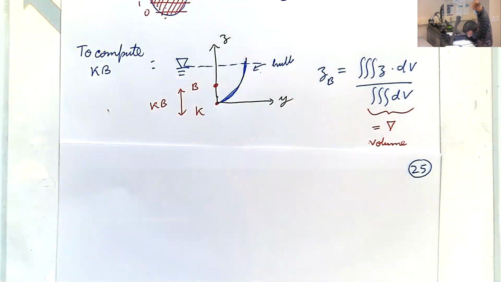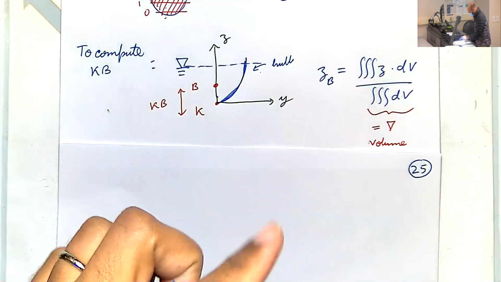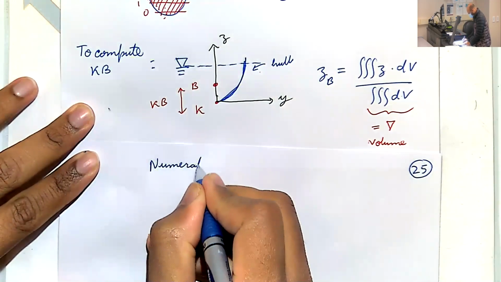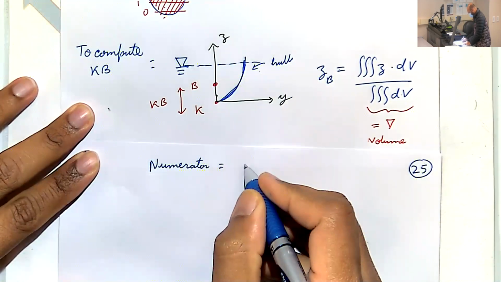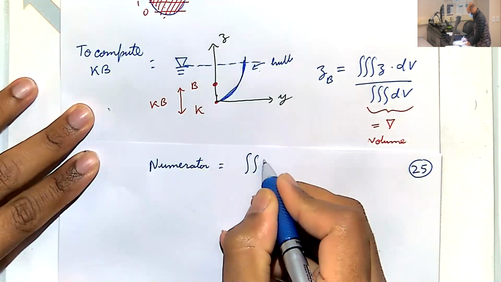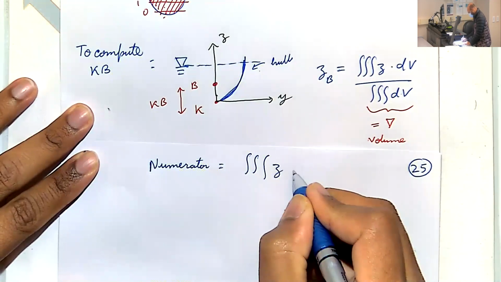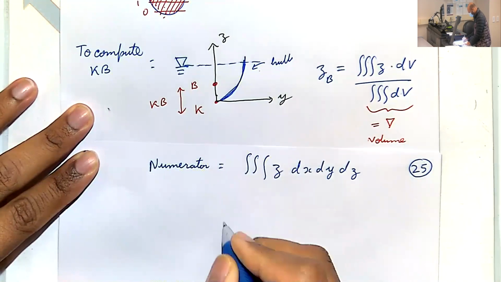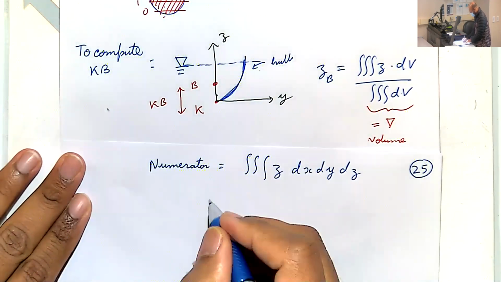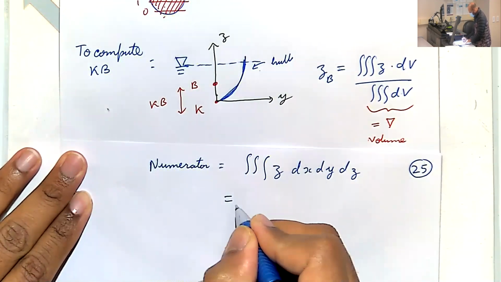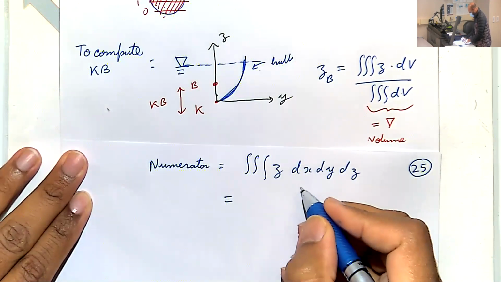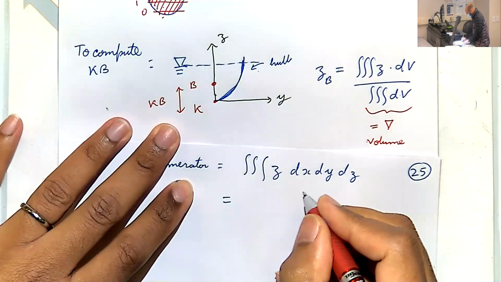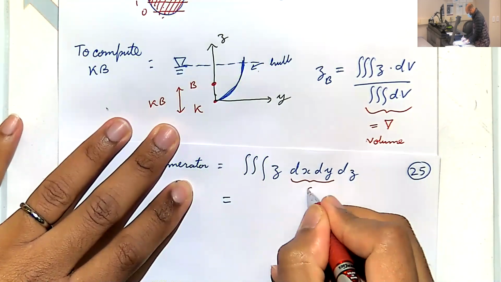Okay. So just taking the numerator here. The numerator is a triple integral of z dx dy dz. Let's see what this dx dy means. So dx dy is basically the area of the water plane,